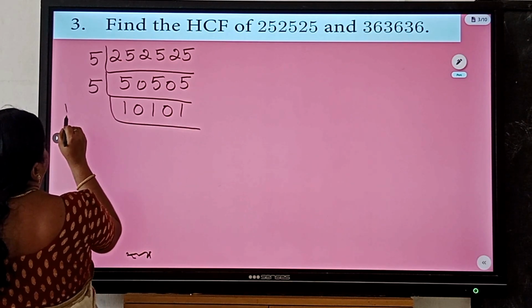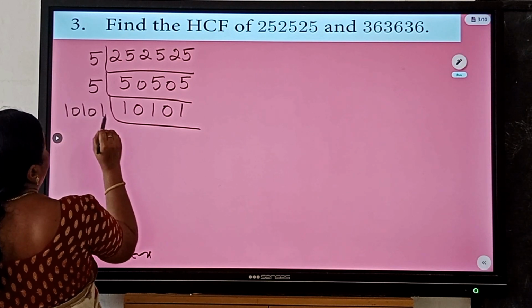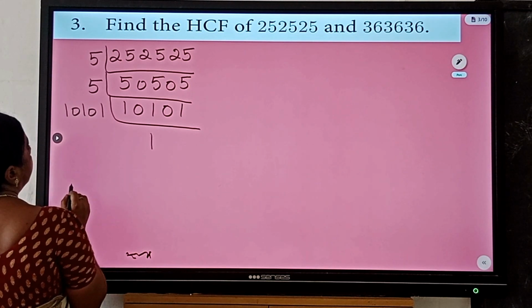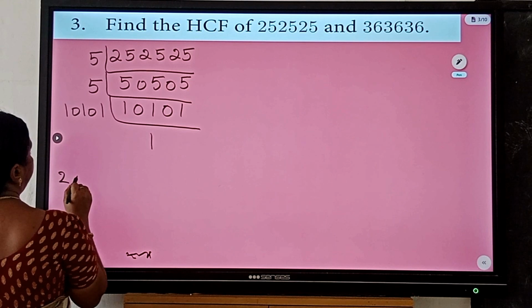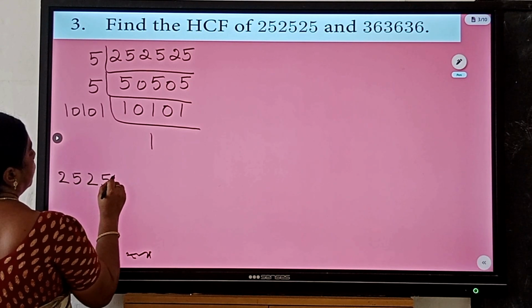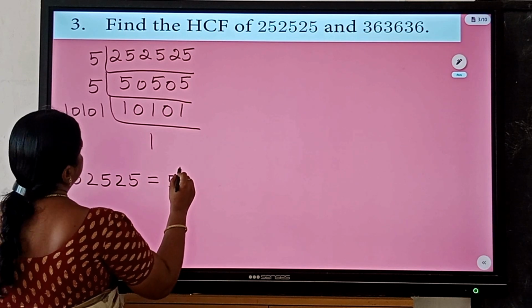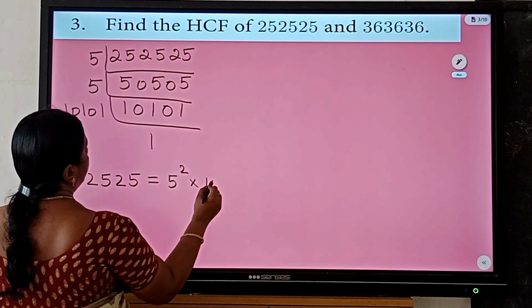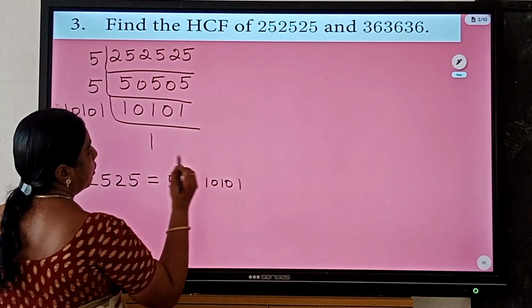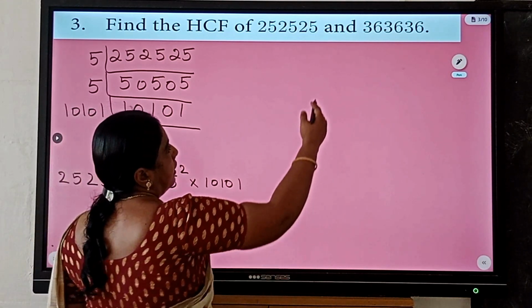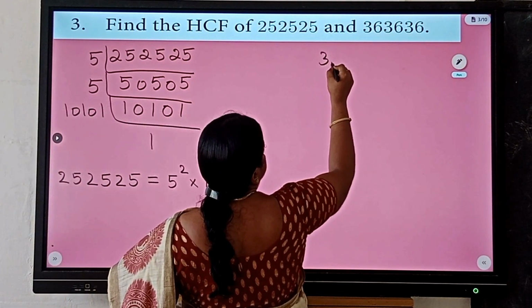So finally, writing the factors of 252525, we have 5 square into 10101. The same way we can factorize